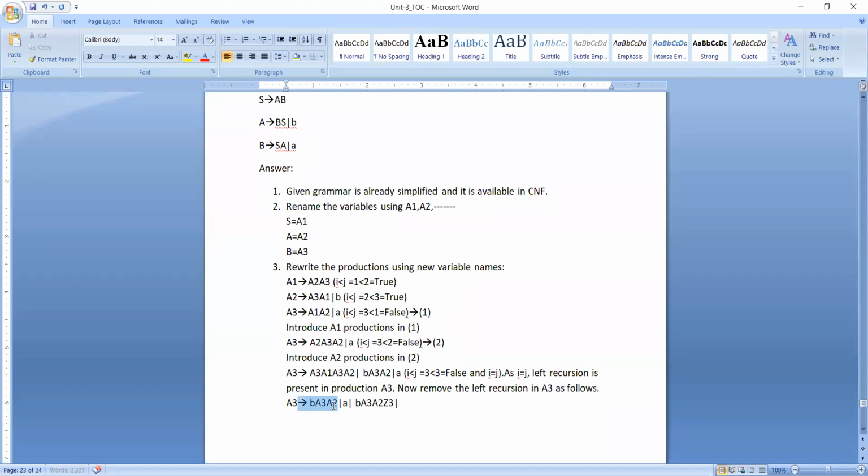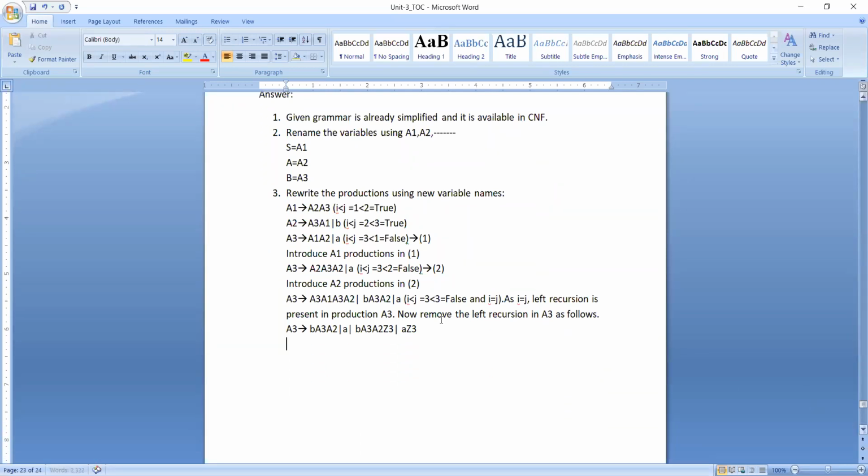So beta 1 A dash, A dash is nothing but Z3. And this one is beta 2 A dash, beta 2 Z3. Okay. Now if you check thoroughly, we are removing the left recursion like this. So beta 1 A dash, where Z3 is a new variable. And the next one, small a, which is beta 2 A dash.